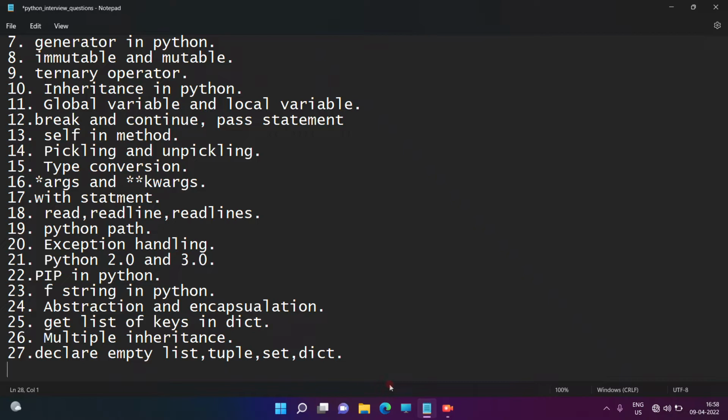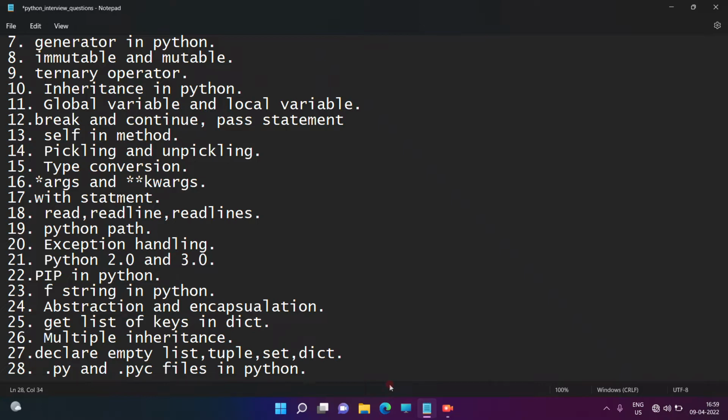So what is the next question? The next question is about .py and .pyc files in Python, right guys? What is a .pyc file in Python? This is also an important question. .py is a simple Python file, which we can also call a Python module file.